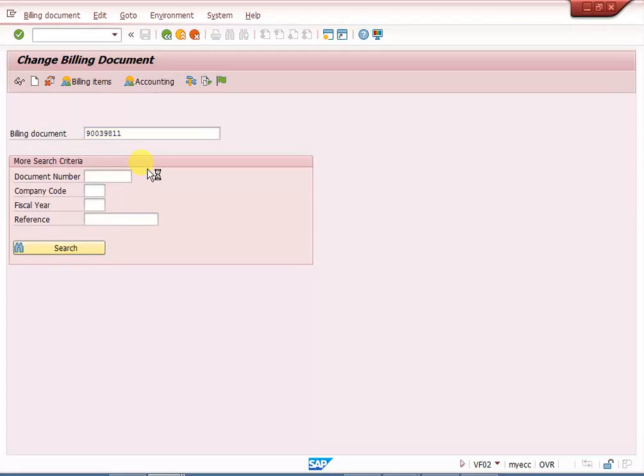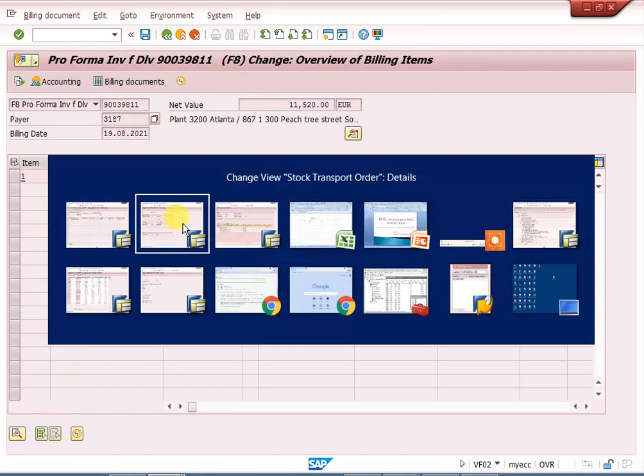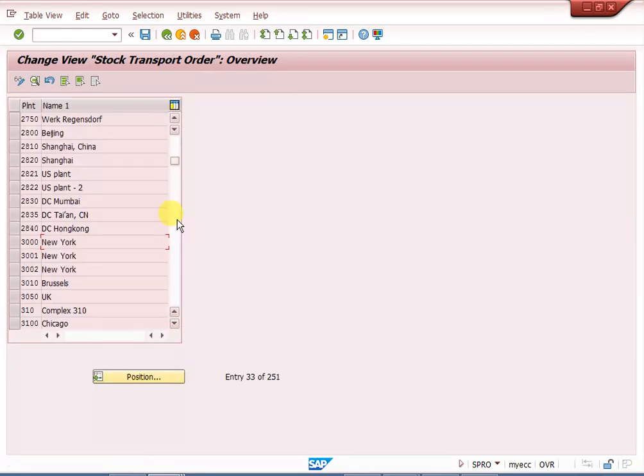It will take, see 3187, that is receiving plant. Receiving plant is our customer. That is a major important step. Delivering plant level sales area is mandatory, receiving plant level customer is mandatory. This is one major step.